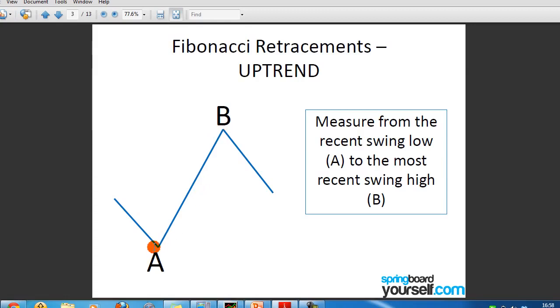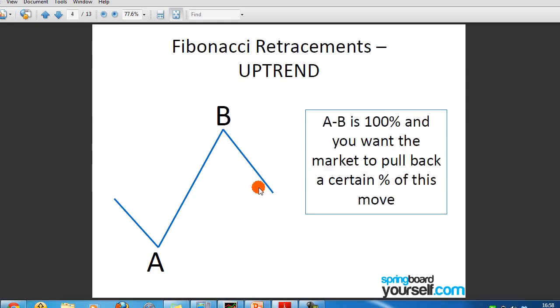So that would be our A point, and this would be our B point. The market is now pulling back or retracing, so now we can start to apply our Fibonacci retracement, because as the market pulls back, it gives us a much more efficient entry into the market. Now A to B, see that as 100%. So this move from A to B, from the start of phase 1 to the end of phase 1, is